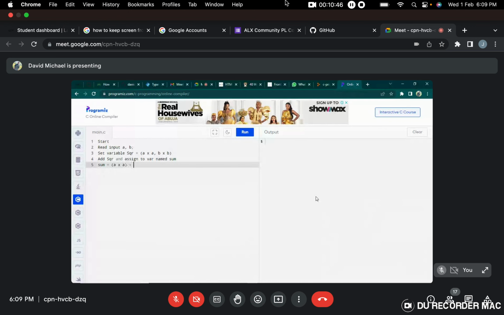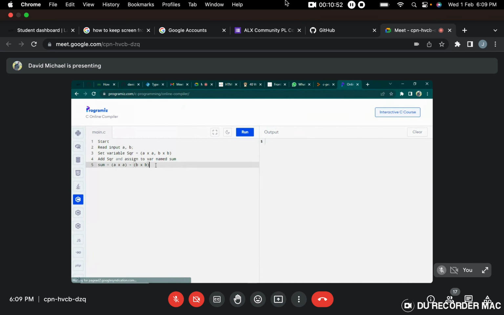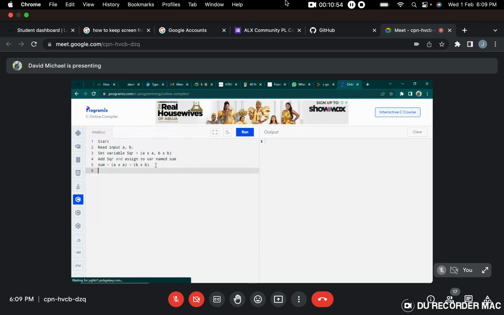No, I say plus b times b. So this is the next step here. And what should we do next? Of course, we display our output. I could say print square or print sum or display sum. You could say display output. And then after that, what do you do? You end your program. So you see now with this, anybody could just read and say, okay, we start the